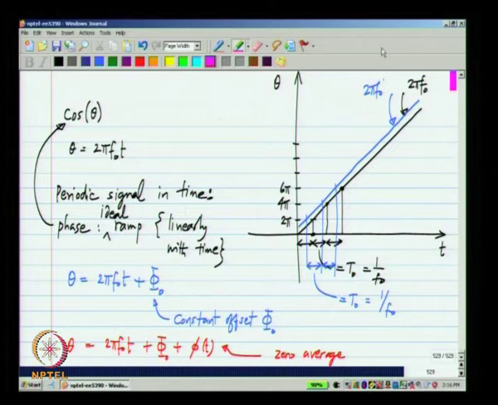In this case, what happens? Of course, it depends on phi of t, but let me plot it for some arbitrary case that I will consider. So, let us say it deviates like that. Okay. So, you have the ramp plus the offset plus also some time varying quantity. Now, if you now look at the time instants at which the new phase crosses integer multiples of 2 pi,